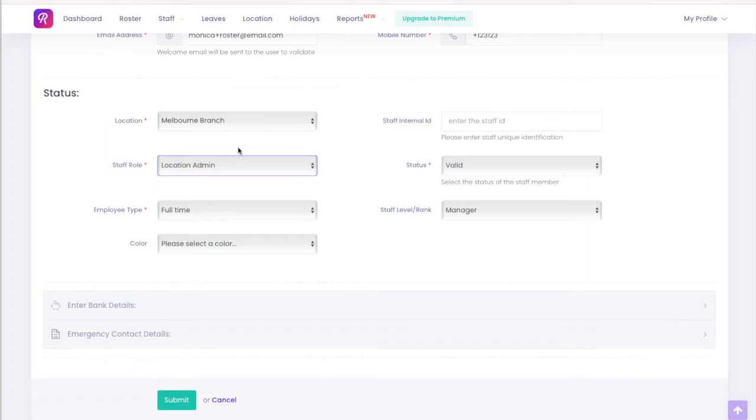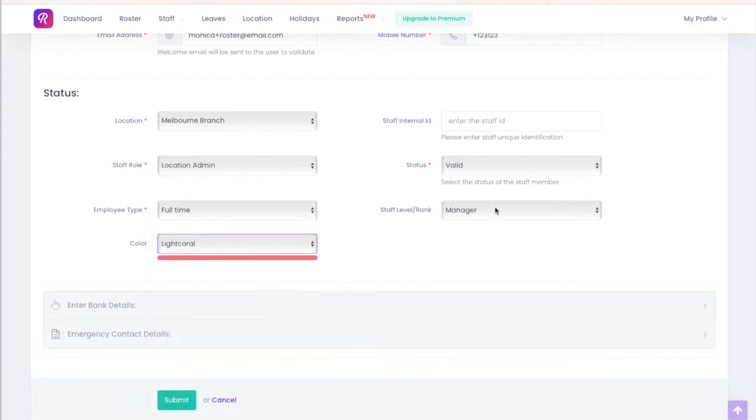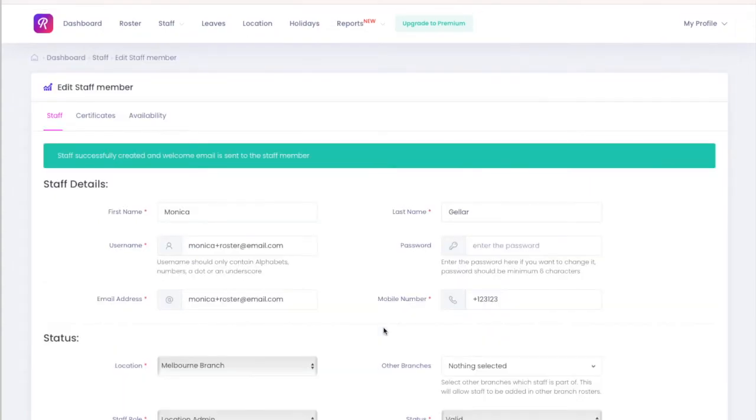That means she can manage all the staff within the Melbourne branch. She doesn't need to go through me. She can add new staff, she can archive staff, she can create rosters. So again, choosing a new color, making her a manager, and now that Monica has been created,